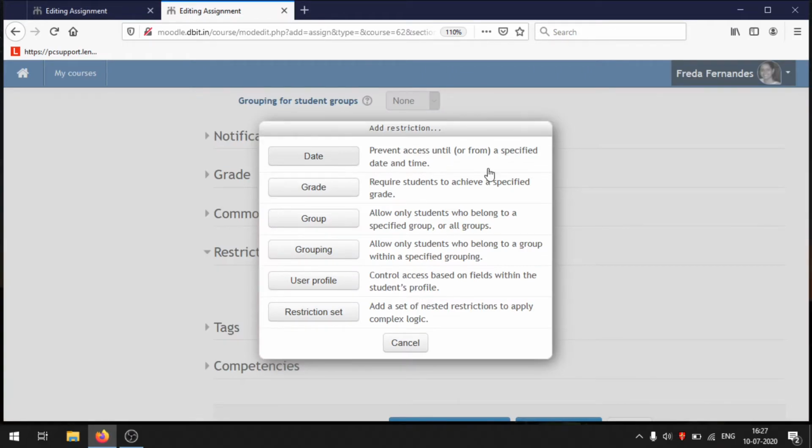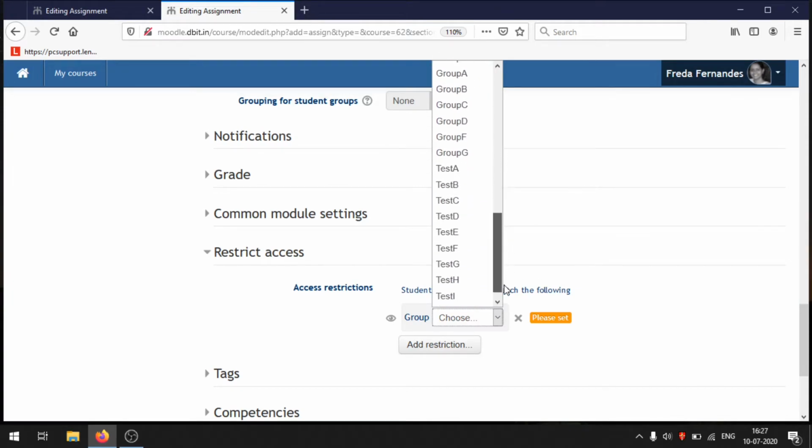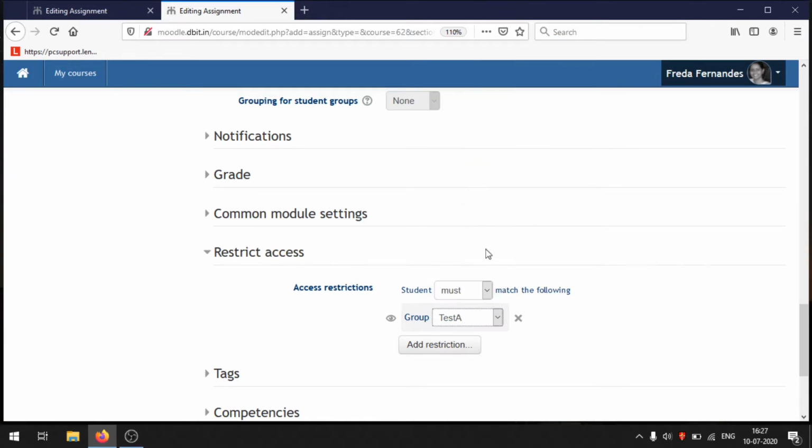Okay, so I add a restriction. I say it is to do with, so I choose a group. So I say only test A. It will display greyed out if the user does not meet this condition.